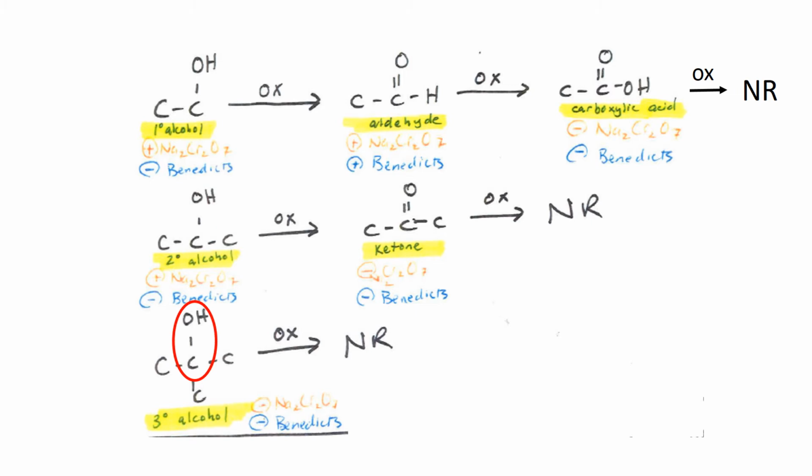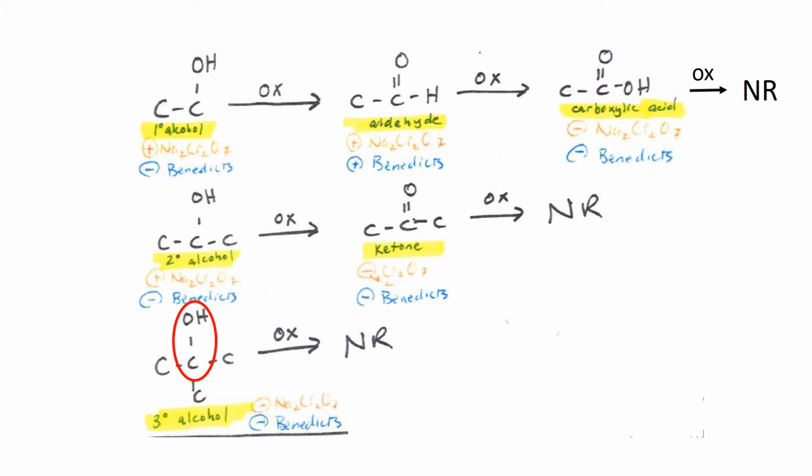Finally, the bottom alcohol. Again, I've circled the alcohol functional group, and then what we will do is count how many bonds to carbon are attached. We're not counting carbon atoms, we're counting bonds to carbon, and I see that there are 3. One pointing to the left, one pointing to the right, and one pointing down. So this one is classified as a tertiary alcohol. 3 with a little degree sign is tertiary.